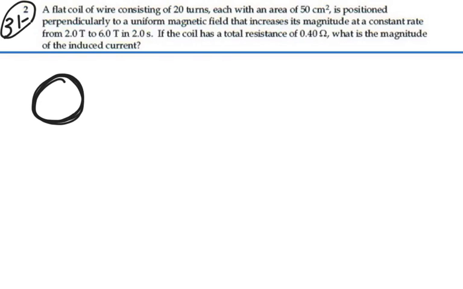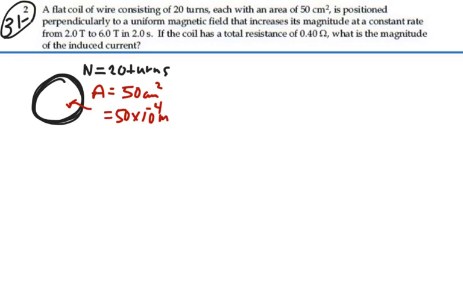Here's a coil, flat coil. Number of turns is 20. And we're told that the area of this coil is 50 square centimeters. That's going to be 50 times 10 to the minus 4 square meters. And we have a magnetic field going through it, so I'm going to just indicate that going into this coil,